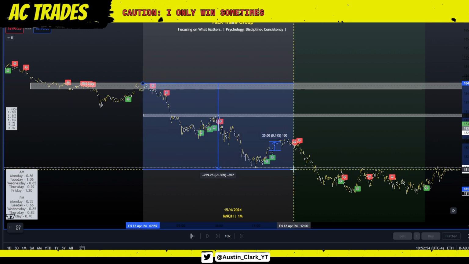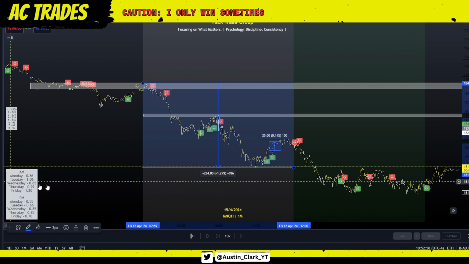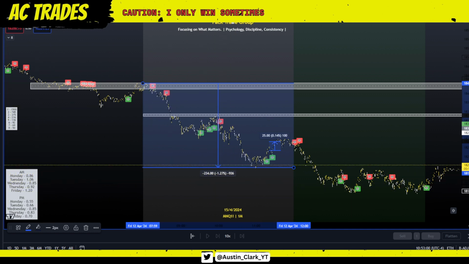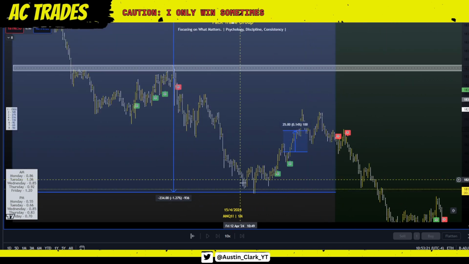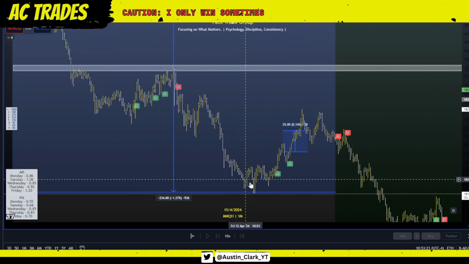The highest point and low point in AM, and what do you know? 1.27. Again, we're not predicting that it's going to stop right on a dime at 1.2, but we know with a very high probability that price is going to move around this range, 1.2%. And now we use leptokurtic distributions of price, aka my indicator, these little green wolves here. We know when price is going to most likely retrace from this statistical point.